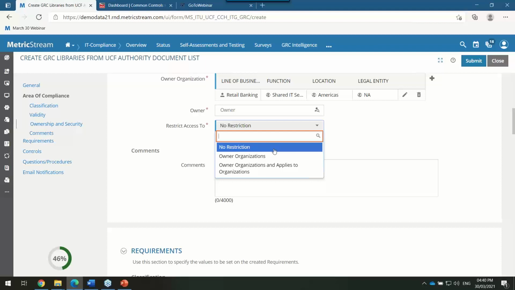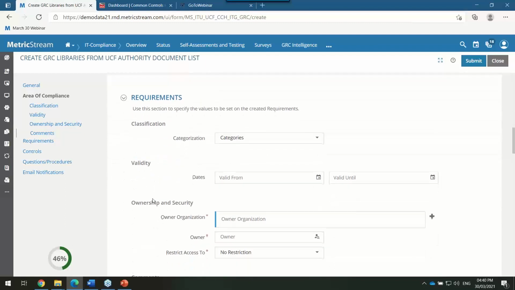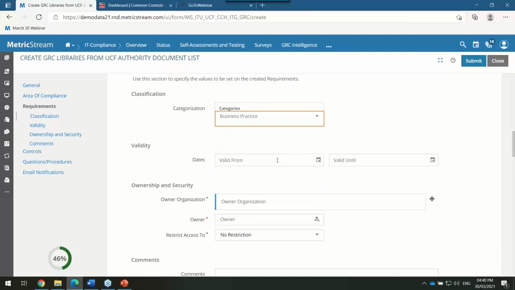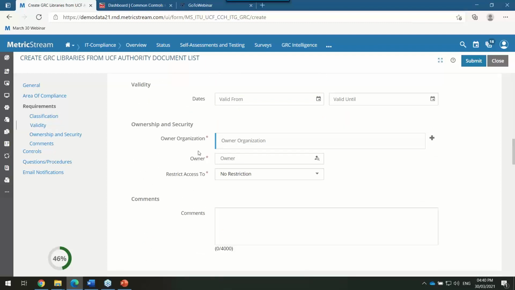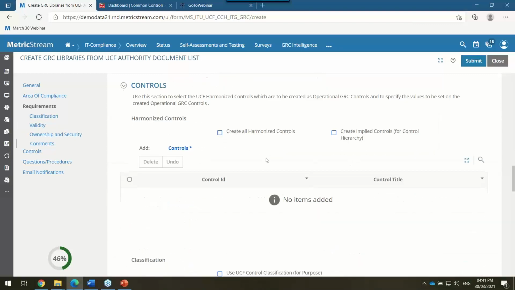If the set of controls, if the set of requirements is open to all the different people who've been using the tool, or you want to really curtail it down to a certain set of folks is what you control by these different options. Similarly, you could also pull in the requirements, which is nothing but the citations, right? By filling in the different drop-down values here, which could be the categories, the validity of the requirement, and so on. And the ownership and restrict access continues to be the same. You want to restrict the content to a certain department, or you want to have it open for the whole organization as such.